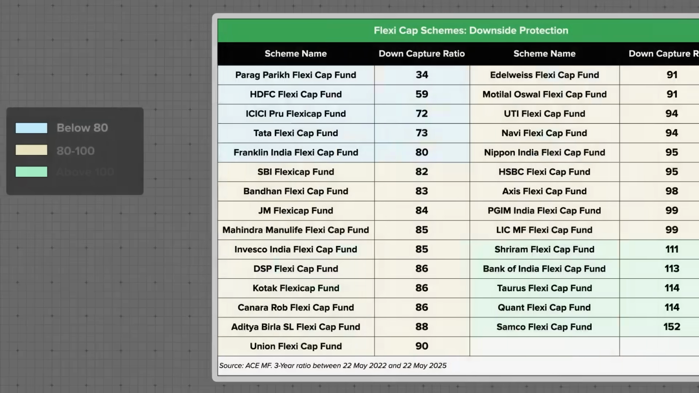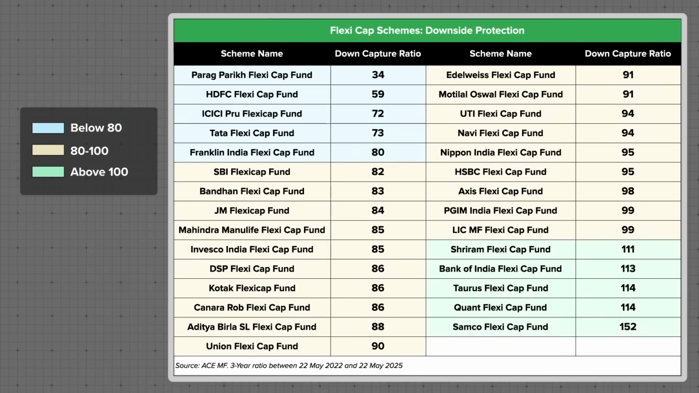Now, usually funds that fall less when markets correct tend to deliver better returns over the long term. On your screen is a table showing the downside capture ratios for FlexiCap funds based on 3-year data between 22nd May 2022 and 22nd May 2025. From this data, funds like Parag Parikh Flexicap, HDFC Flexicap, ICICI Prudential Flexicap, and Tata Flexicap funds stand out with downside capture ratios well below 80. Now, this means that they have consistently fallen less than the market in downturns, offering meaningful protection during volatile or